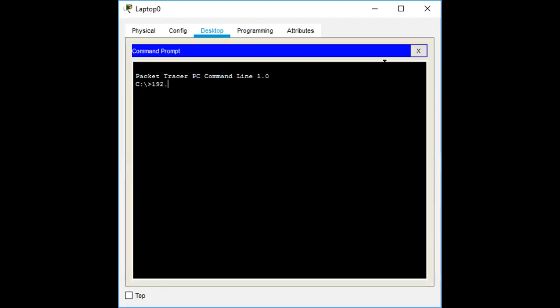You have to give the ping command here: ping 192.168.0.3.